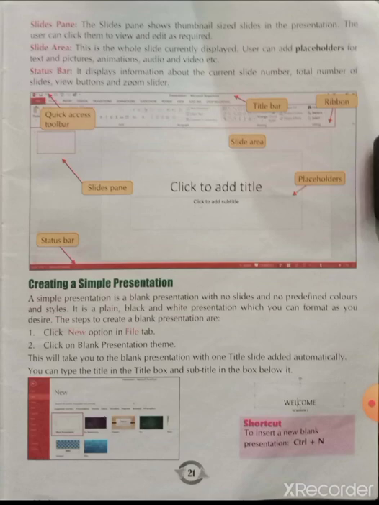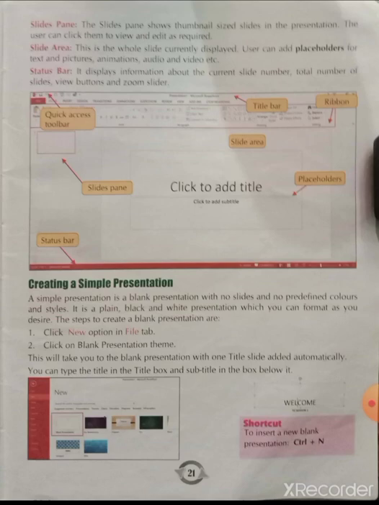First we open the PowerPoint application, then go to the File tab, then click on the blank presentation theme. It will display the different types of themes, and in that you can select the blank presentation theme. This will take you to the blank presentation with one title slide added automatically. You can type the title in the title box and the subtitle in the box below it. In the File menu you will get the blank presentation, and beside it some designed styles. We are making a simple presentation, so we are going to select the blank presentation theme.